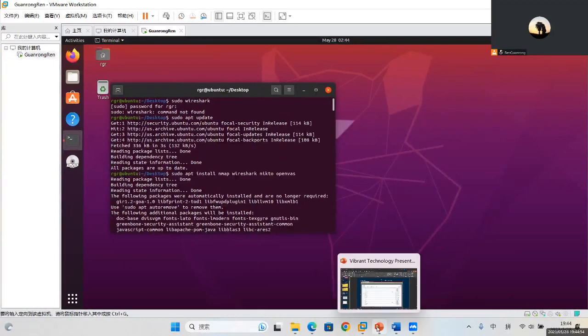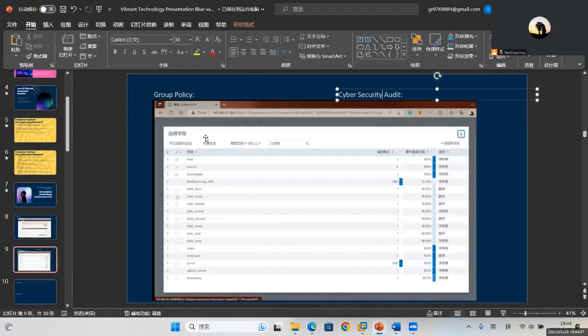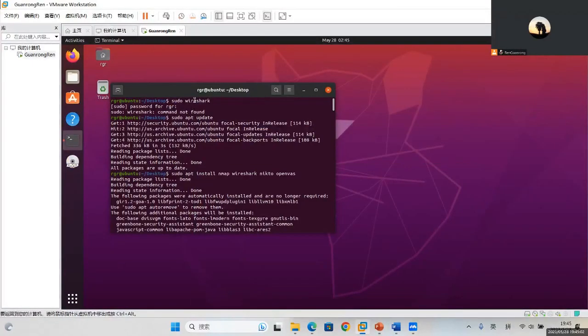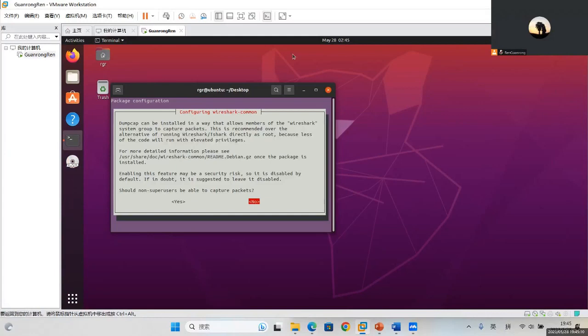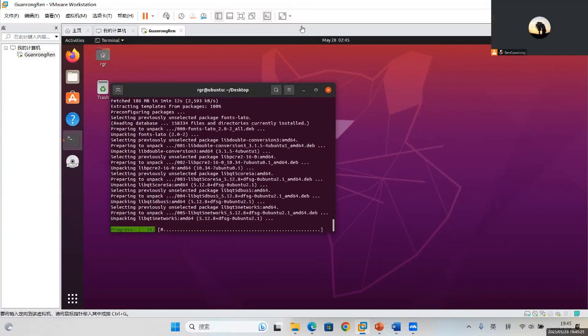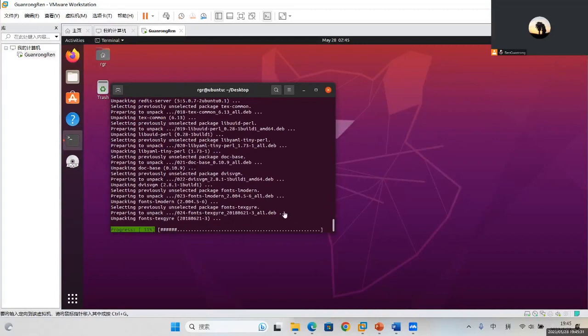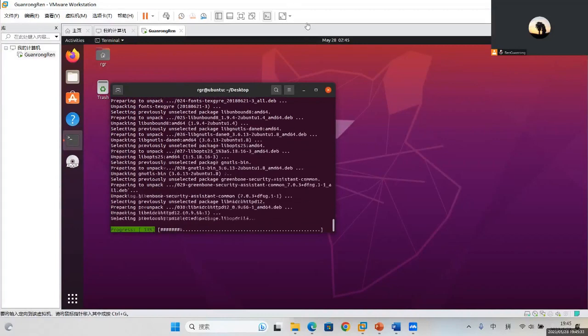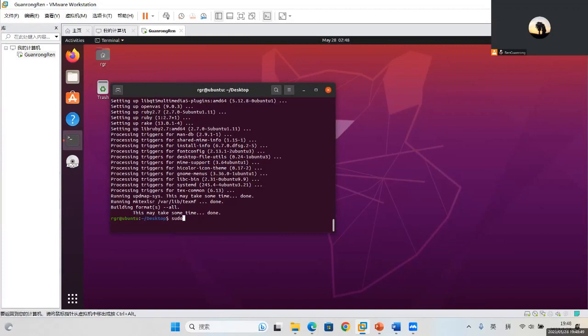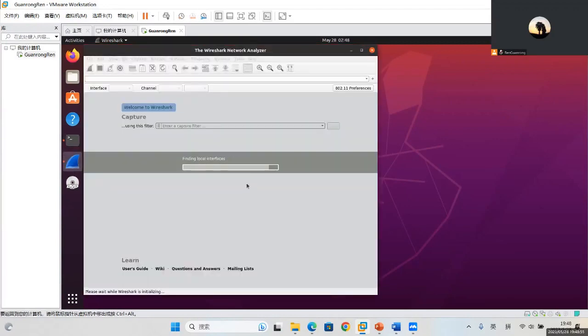And here is time for the group policy. For group policy, we use pfSense as an example, which can monitor and keep data logs. And in the Ubuntu system, group policy is mainly used on Windows systems, but for Ubuntu, it uses different configuration tools to manage the system. And for cybersecurity audit, we can install tools like Wireshark, and also like Nikto, OpenVAS as a tool to analyze the